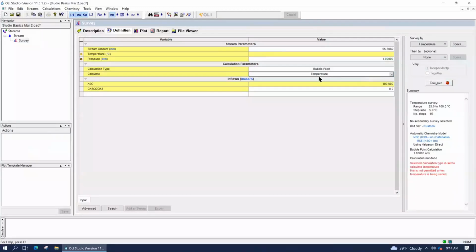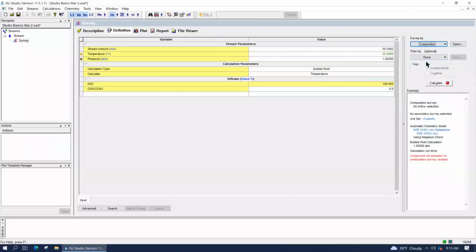So we're going to adjust the temperature. The software shows a red button for calculate, because right now it looks like we want a survey by temperature, but we're also selecting temperature as a dependent variable. So one of these two things can't exist, but that's fine, because what we're going to do now is change the survey by from temperature to composition.